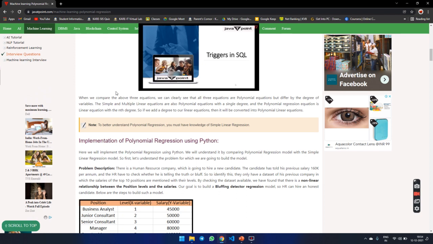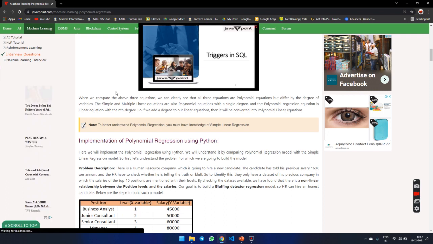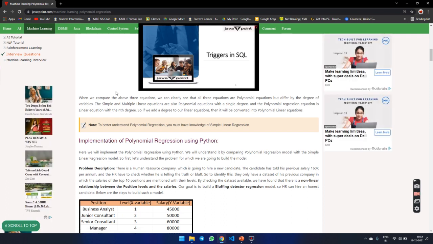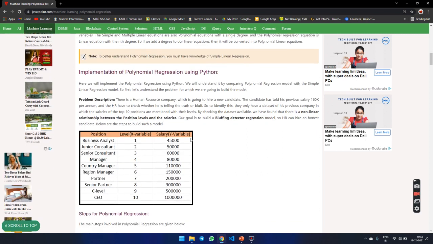So if we add degree to our linear equation, then it will be converted into a polynomial equation. To better understand polynomial regression, we must have knowledge of simple linear regression. Now we are going to implement polynomial regression using Python.